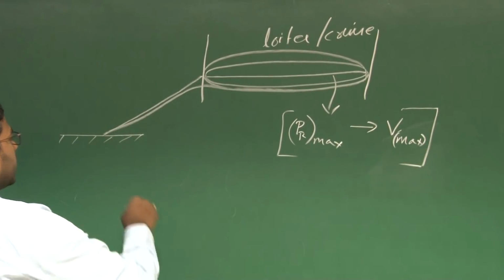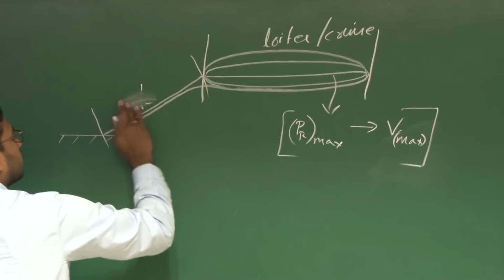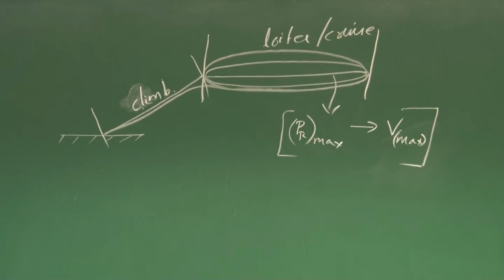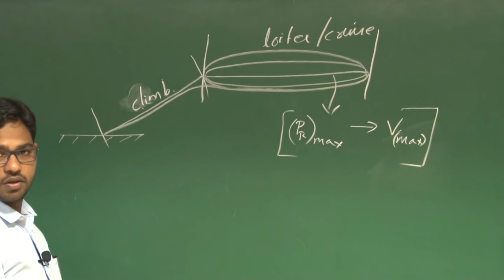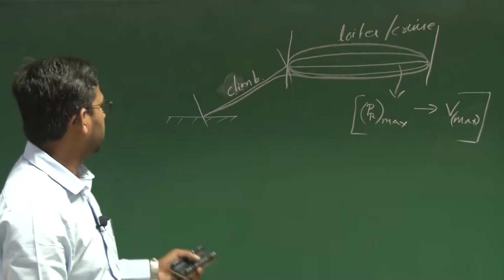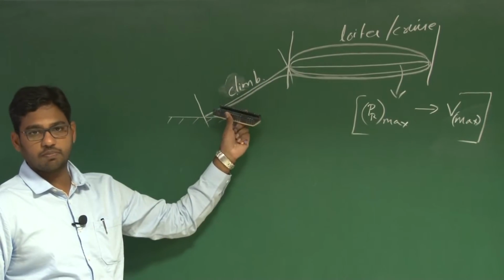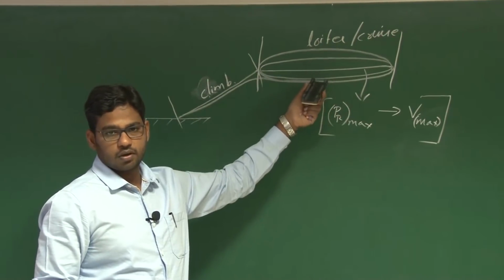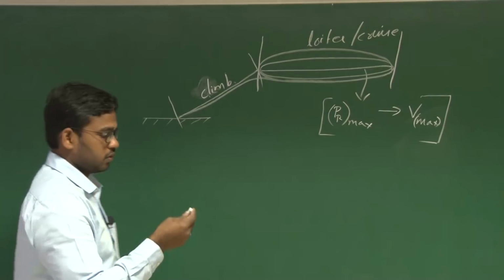At the same time, we should also look at other phases of flight. Say here we have rate of climb, or what we call the climb phase. We should also look at the power requirement during this climb phase. If you plot the power requirement for climb as well as the power requirement for cruise, your power plant should be able to deliver the power that is required. It should satisfy both the climb phase as well as the loiter or cruise phase, that is, the surveillance phase, right.